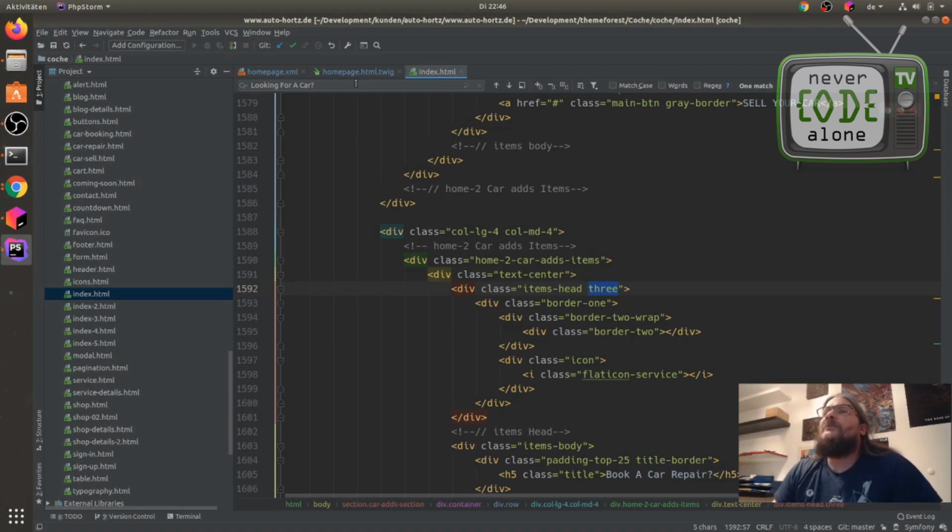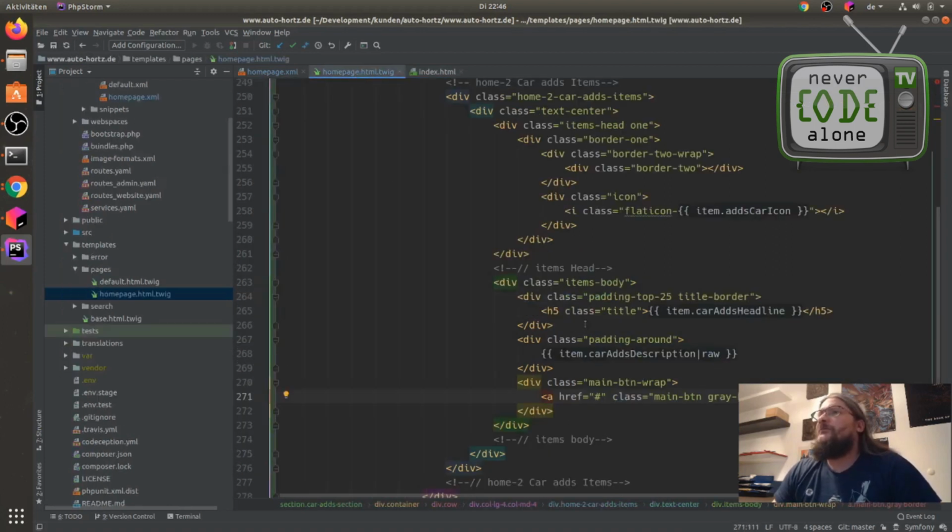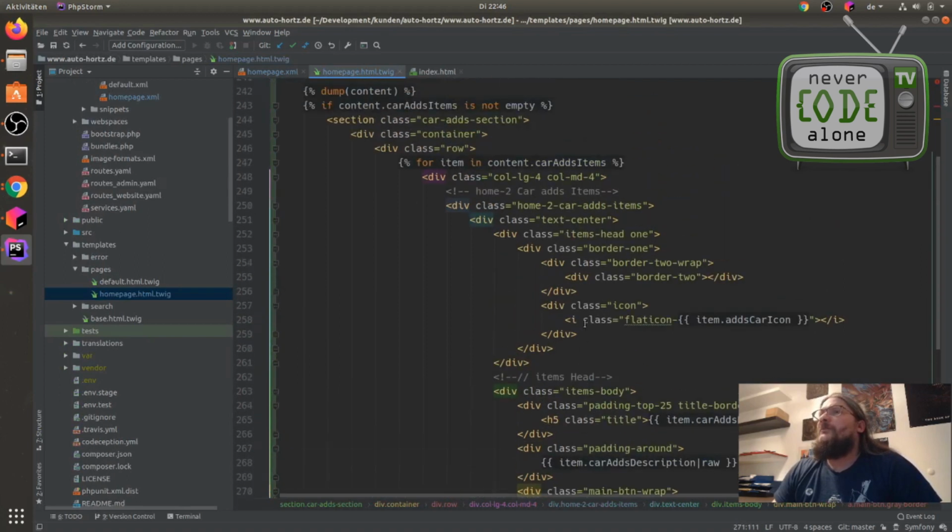So what can we do now in our Twig template? We define an array.